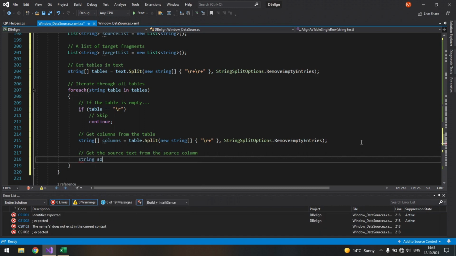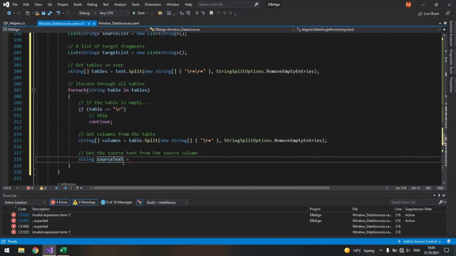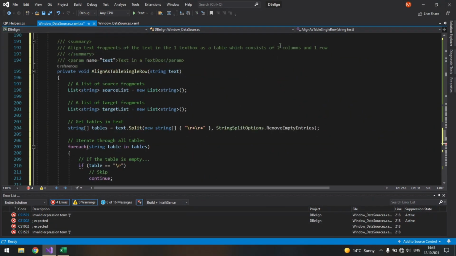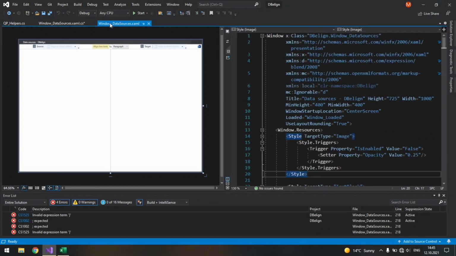So string source text. Again, here we imply that we have two columns but only one row. Roughly speaking, this is the same as this. So it's a table with one row but two columns.